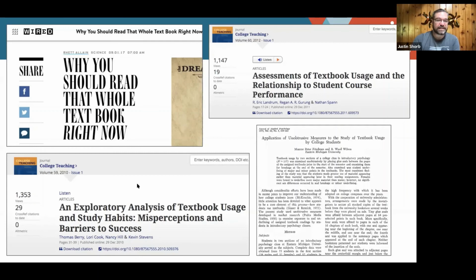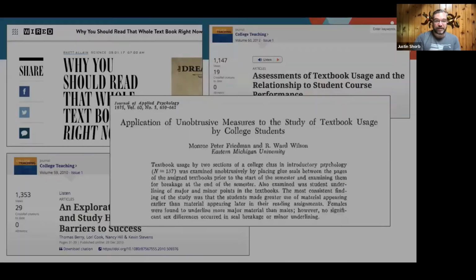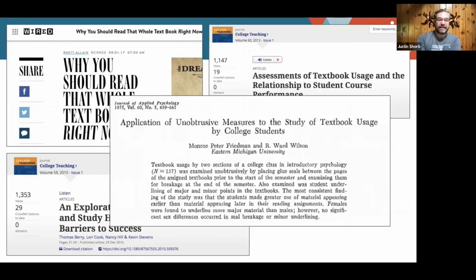There are people who say you should read that whole textbook right now, or maybe you should read it at different times. There's an article in the Journal of Chemical Education about organic chemistry, meaning that you should study as much as you can in the first few weeks, and then other ones that say to read it at different times. I'm going to focus a few seconds on this article, which I really like, from 1975, an unobtrusive measure to